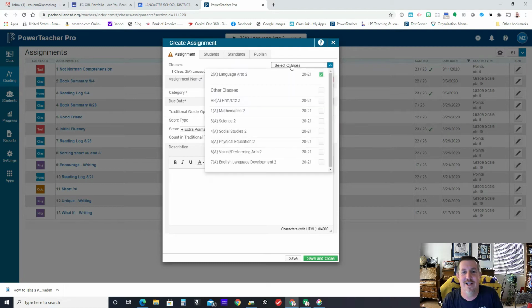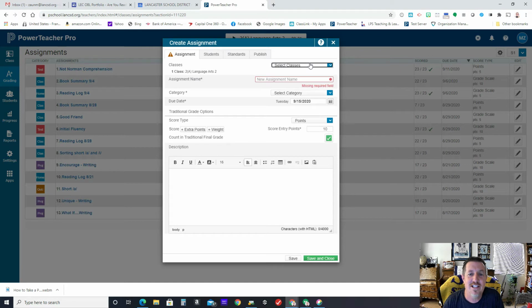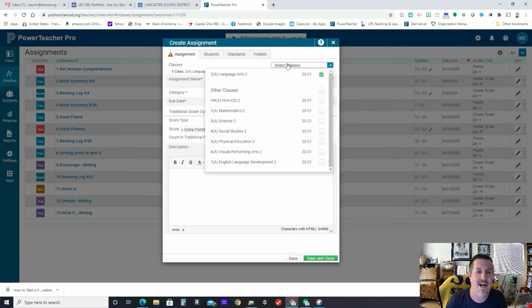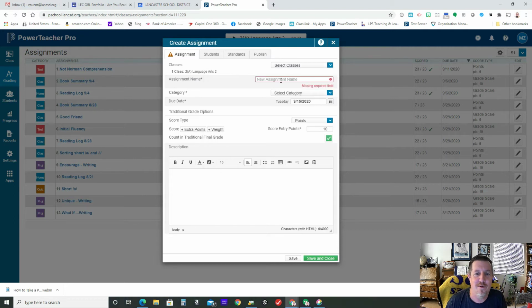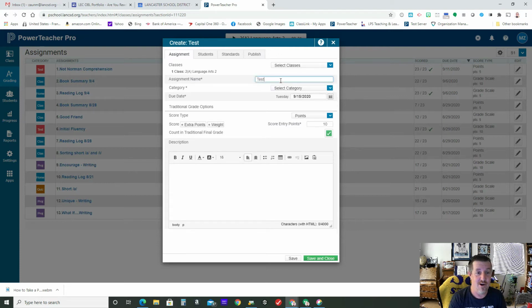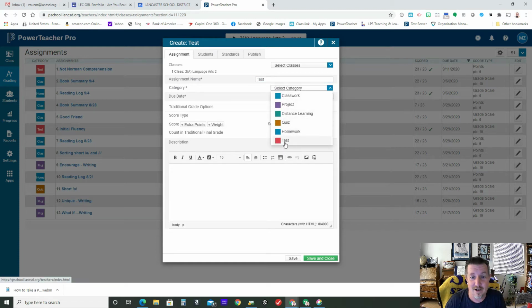You can select classes. Now, if you're going to attach a standard, it needs to only be for one class. If it's not going to be a standard assignment, it can go into multiple classes. Okay. Middle school, you could select multiple periods and put it into multiple periods, so you only have to do that once. You have to give it an assignment name, so I'm going to just call this test assignment. You have to give it a category. I'm going to call this test. You have to say how many points it's worth, and so I'm going to say this is worth 20 points,